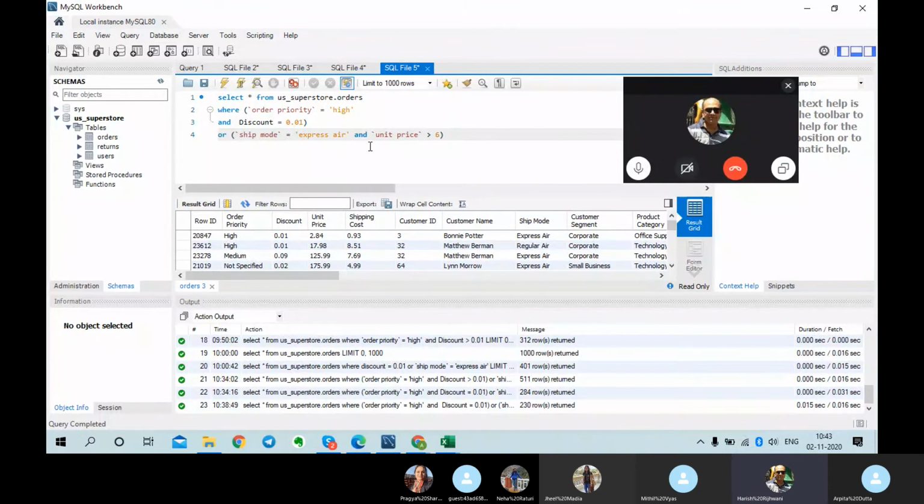Order priority equal to high. Can you put that high as... how many records are you getting? I checked that. 312.